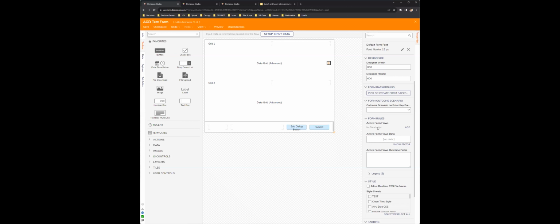Because we can't do that in the active form flow, what we're going to want to use is a sub dialog button. A sub dialog button allows us to run a flow that displays a form, and in that form we could show the list of accounts, pick them, and then move that data into whatever grid we would want to. So we could build that out real quick.